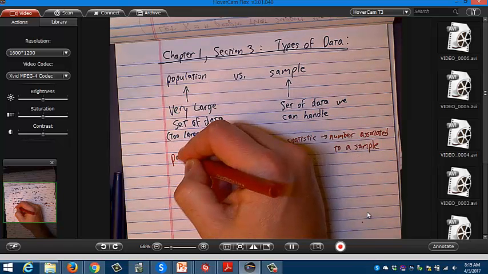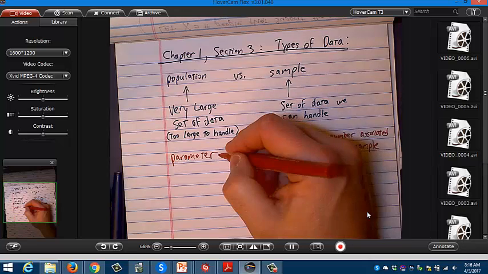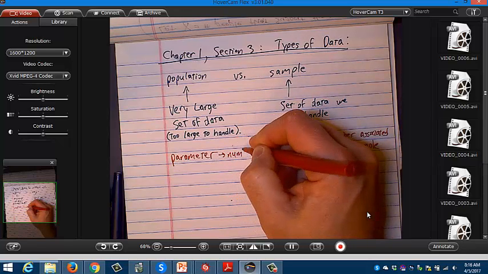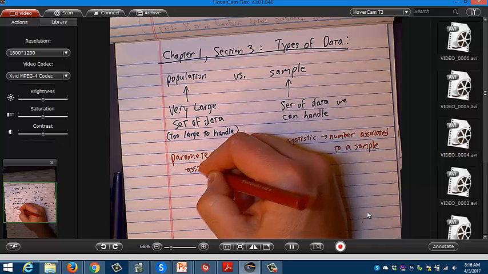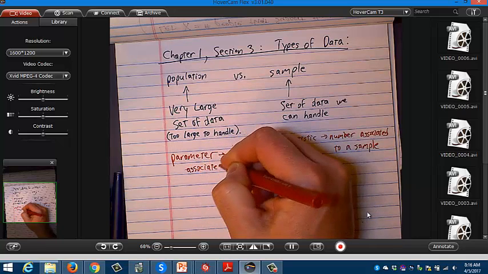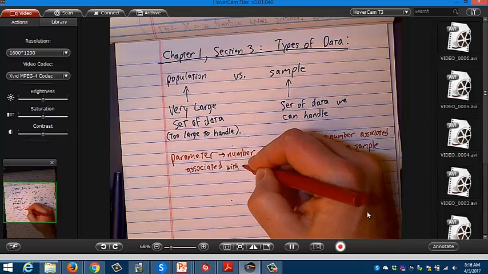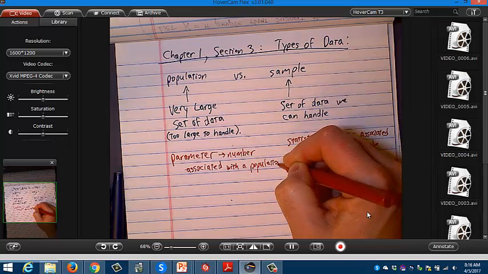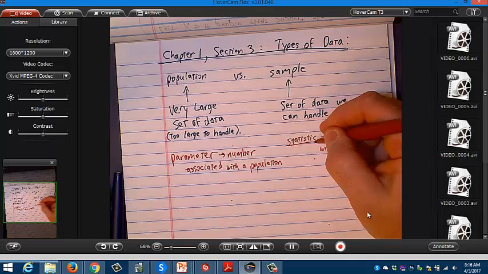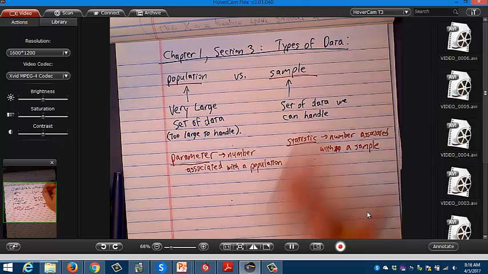Whereas a parameter is a number associated, you know, it's funny, that's probably bad language. It's probably better to say with, right? With a sample and with a population. I think my English is a little bit better if I do that. So I have a statistic and I have a parameter, and I've talked about population and I've talked about sample,